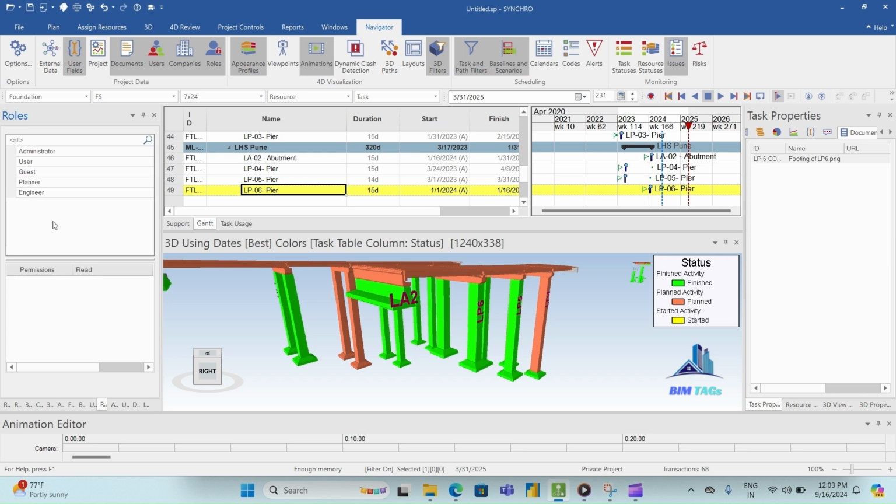Engineer, architect, or MEP engineer, civil engineer, etc. Go to user, right click,